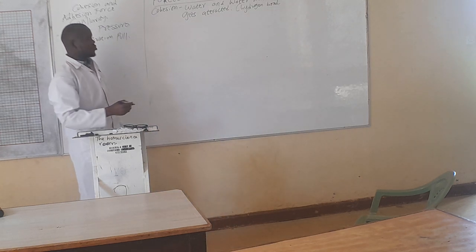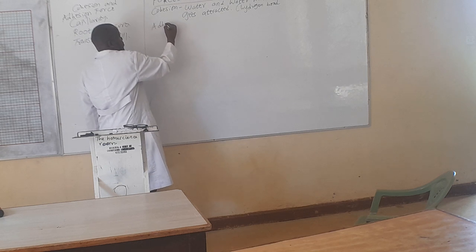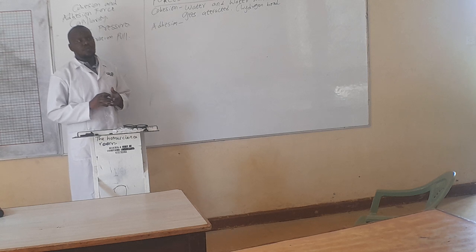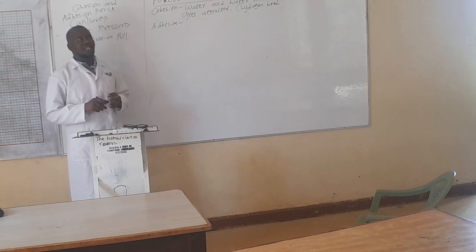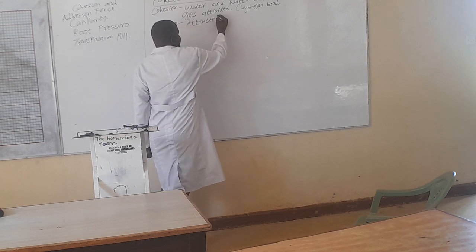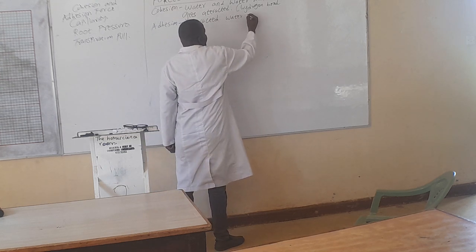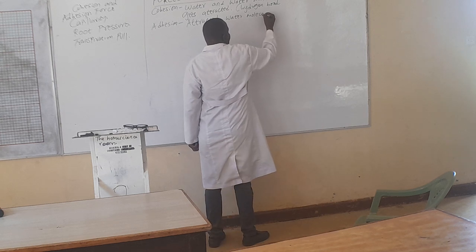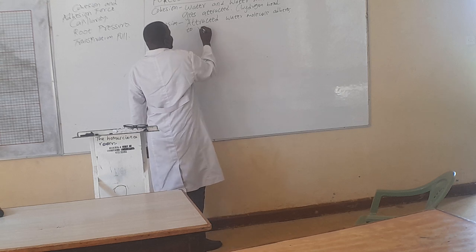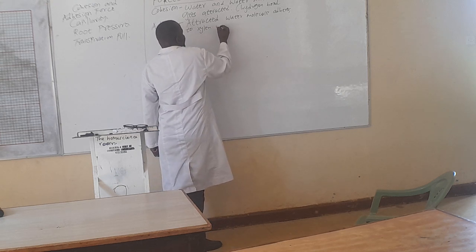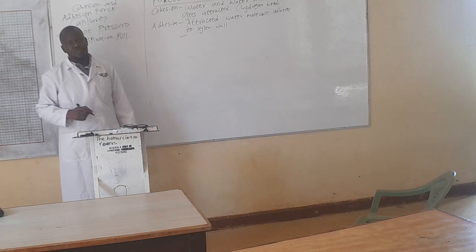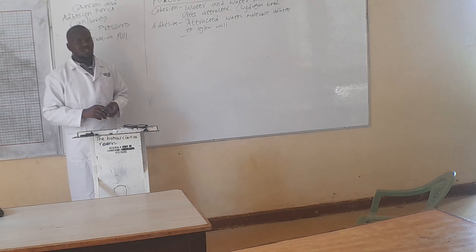What about the adhesion force? The attracted water molecule will do what? Will adhere to the xylem bond. So these are what? Attracted water molecule adheres to xylem bond. And after this, following the cohesion and adhesion force, there will be a continuous stream flow of